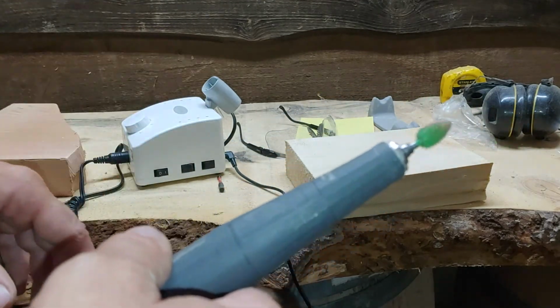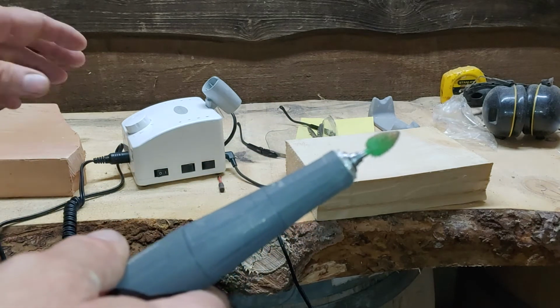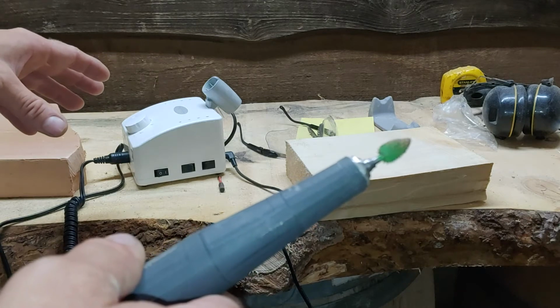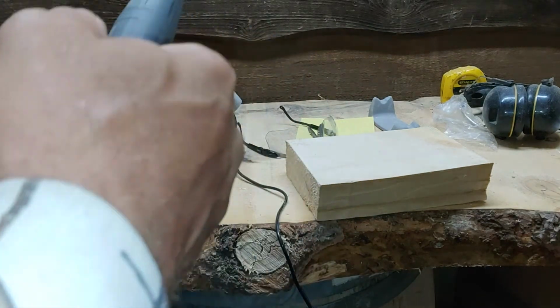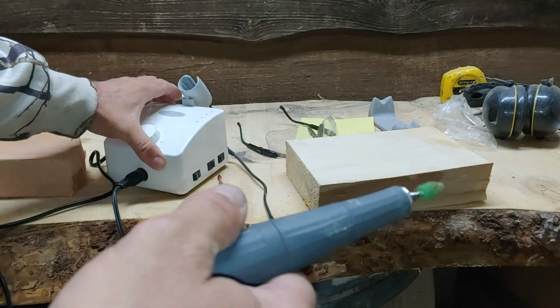Both will have cases for me that I will like very much. Actually, we'll probably find a need at some point to put a belt type unit on this, so I can keep it on me and just work with it while I walk around sculptures. So anyways, just to show you its use,